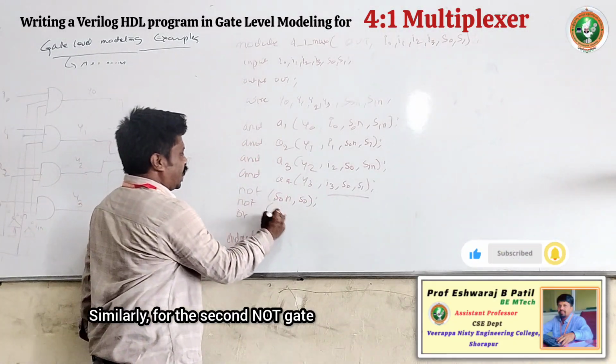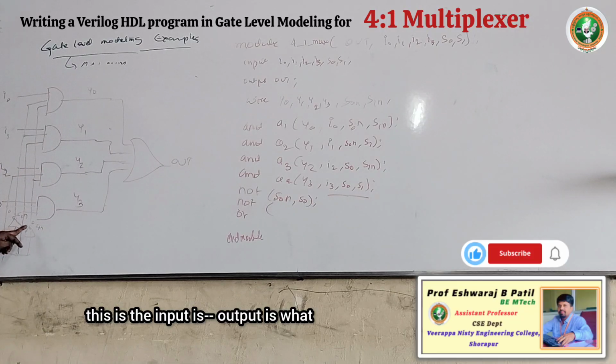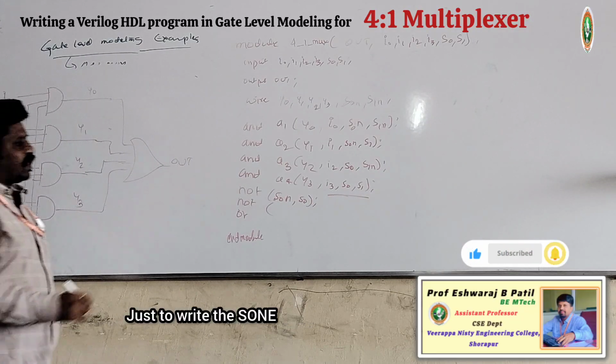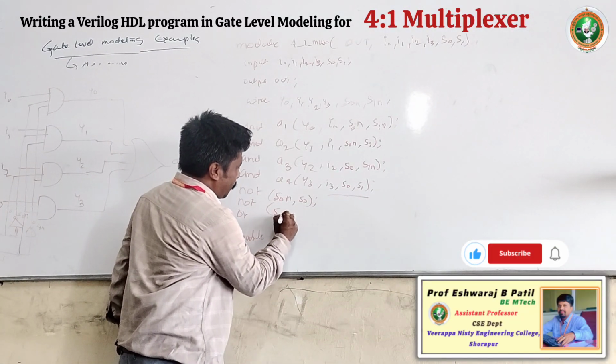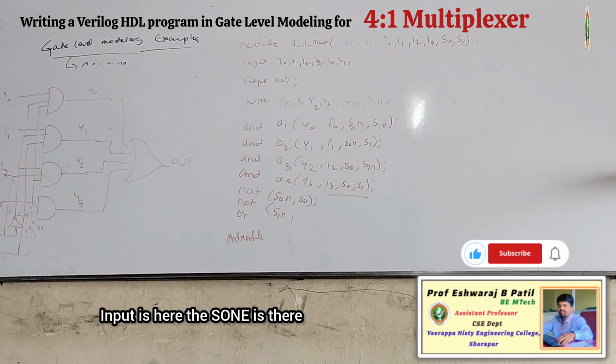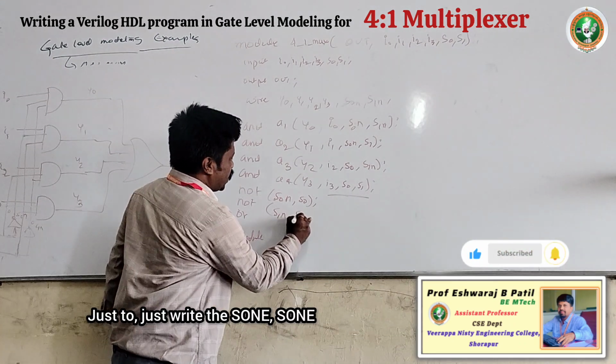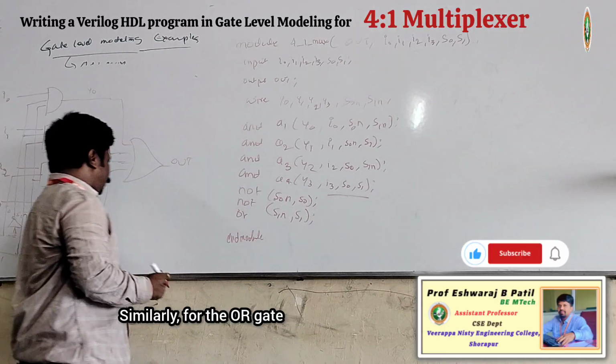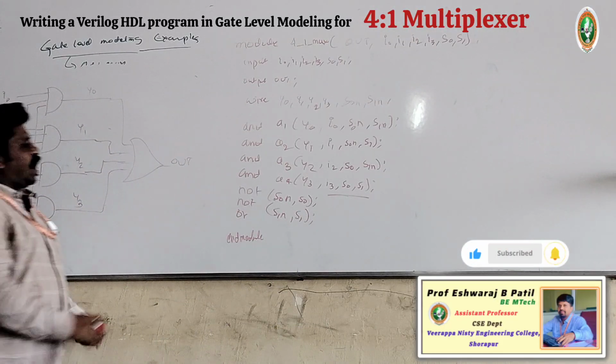Similarly, for the second NOT gate, the output is S1n and the input is S1. Just write the S1n and S1. Similarly, for the OR gate,